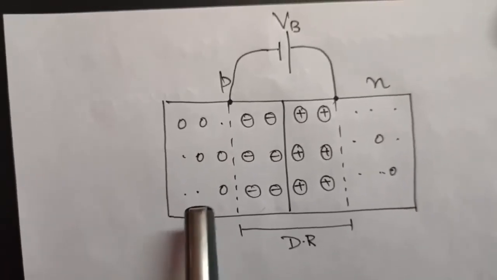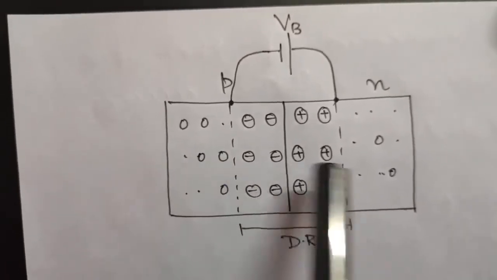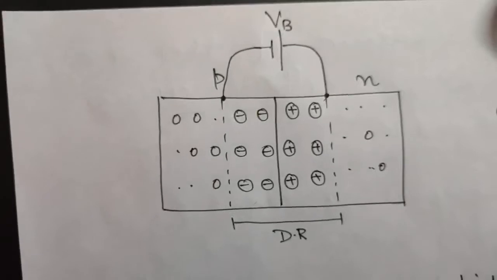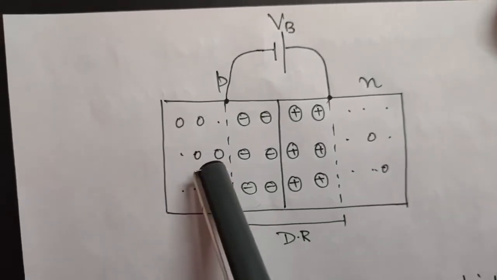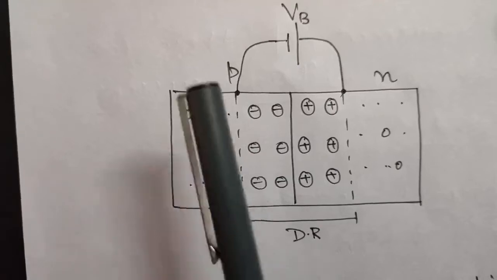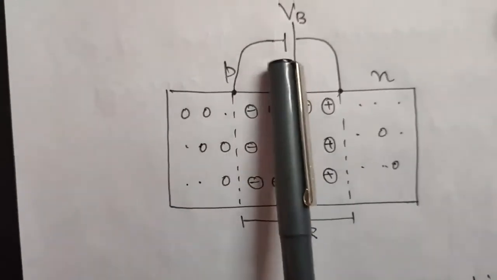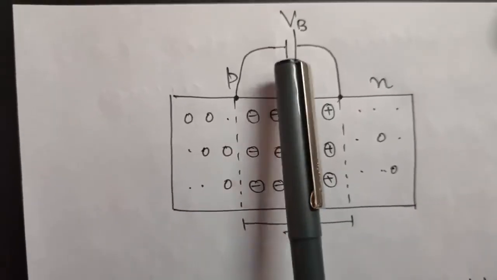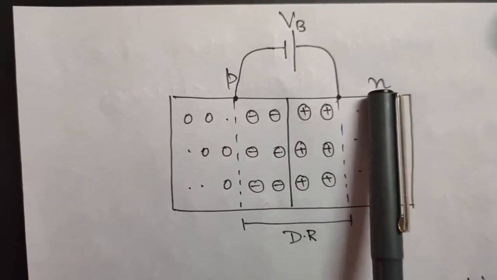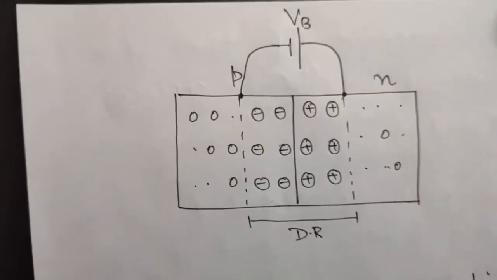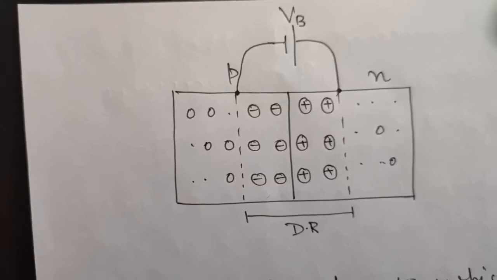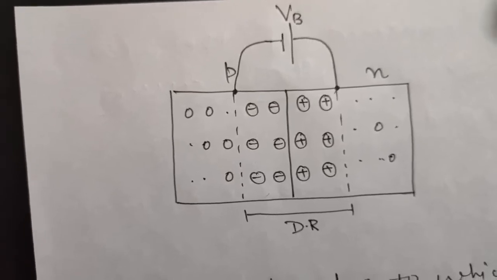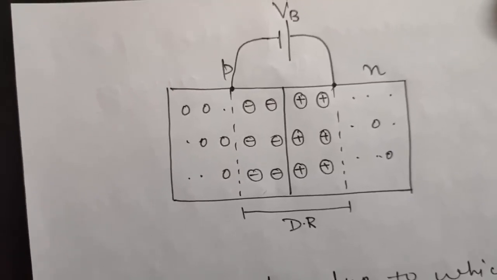Okay, so as I told you, holes were moving from P to N, but because here a negative electrode has come, and as you know holes are positive, that means they will be attracted by this negative only. So this potential barrier will not allow a hole to go from P to N, and this potential barrier will not allow an electron to go from N to P. So you can say the electric field has set up a potential barrier which is opposing the flow of majority charge carriers, or you can say which is opposing the diffusion process.